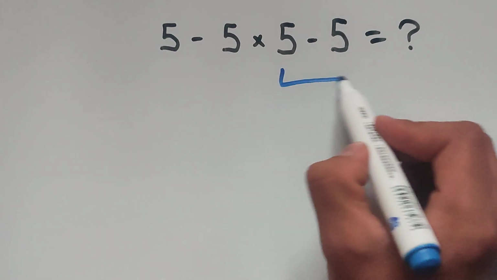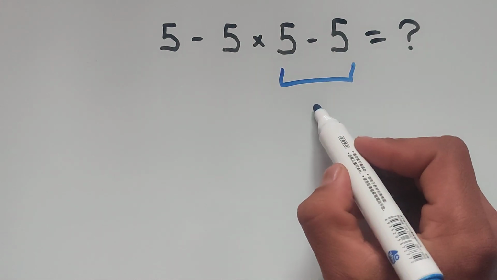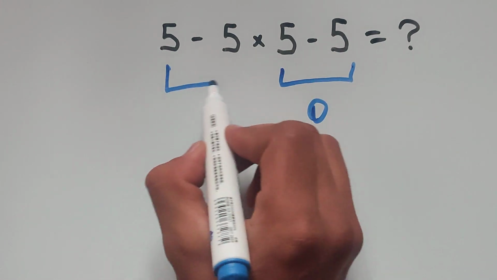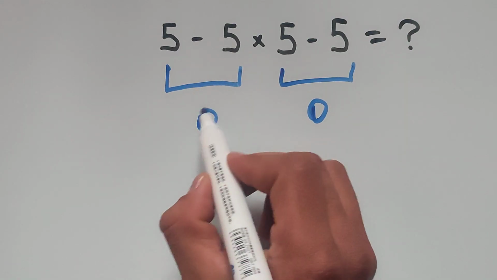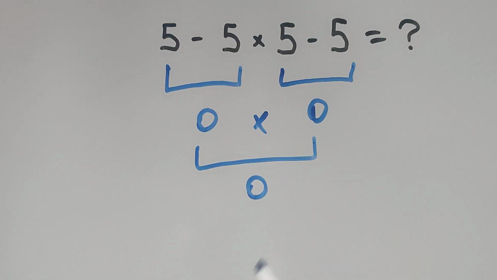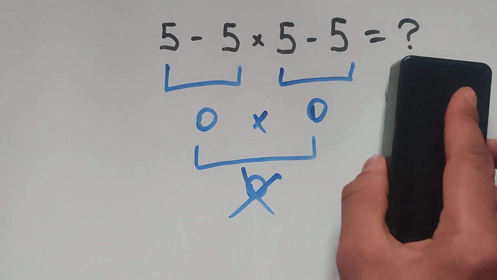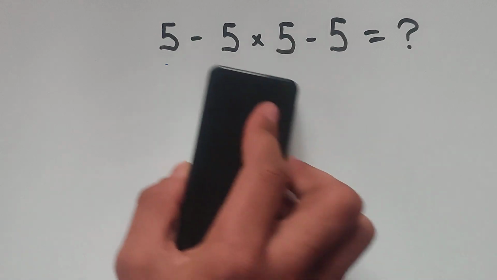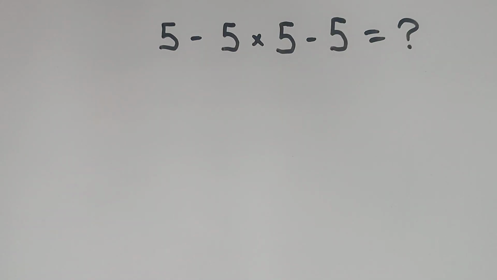Okay, first we do this. 5 minus 5 gives us 0, and 5 minus 5 gives us 0, and 0 multiplied by 0 gives us 0. But this is not the correct answer, because according to the order of operations, first we have to begin to